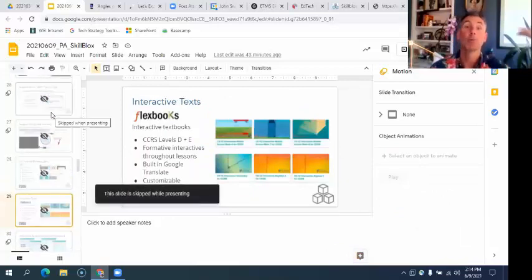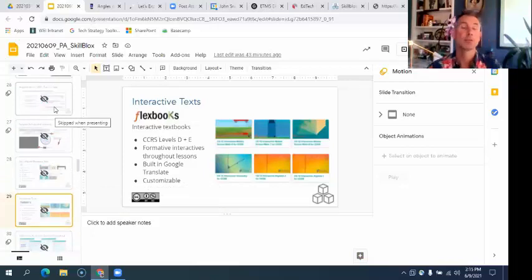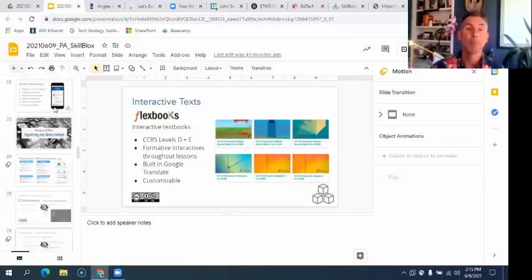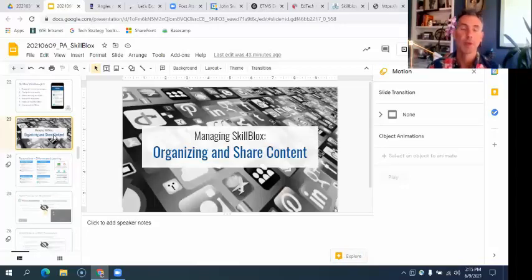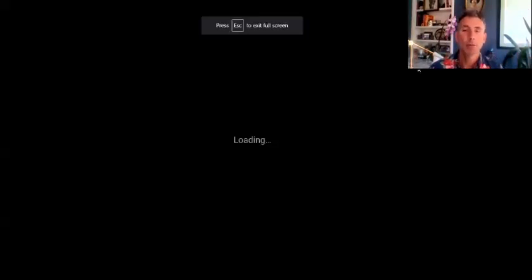If we had more time, I'd walk through each of these so you understand what Flexbooks are and what CK12 is, which I believe you may have learned about, one of the resources in SkillBlox, at a session this morning. If I'm not mistaken, Chuck had told me that. So those are in this slide file that you'll have, but I'm not going to spend time walking through them